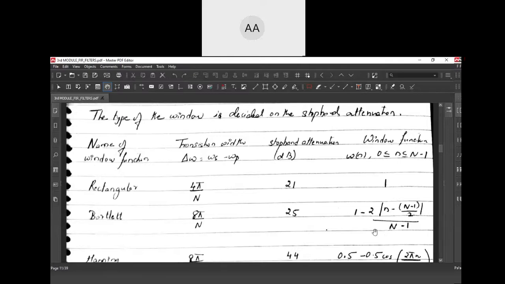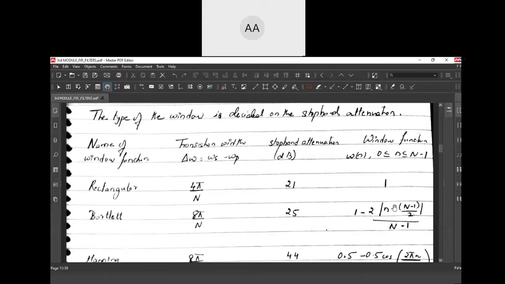Jayant is saying something: we choose windows depending upon the attenuation value, or else if we choose this window, this much attenuation will be there. Either way it is true, both sides it is true. Basically, in a problem, they are going to mention, I want a stop band attenuation of 50. According to the attenuation given to you, you will choose the respective window and its equation.